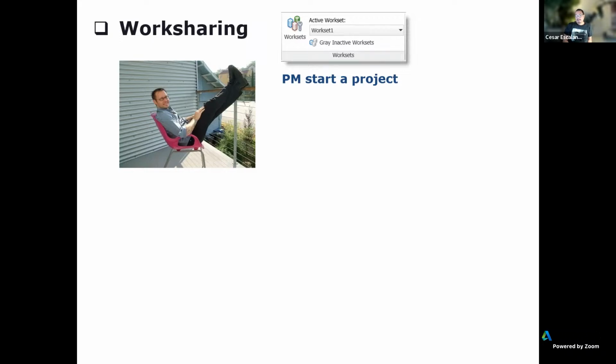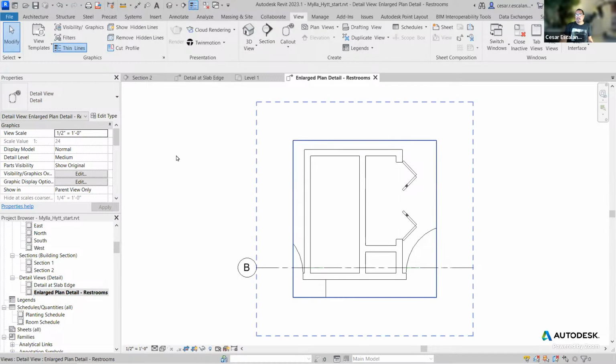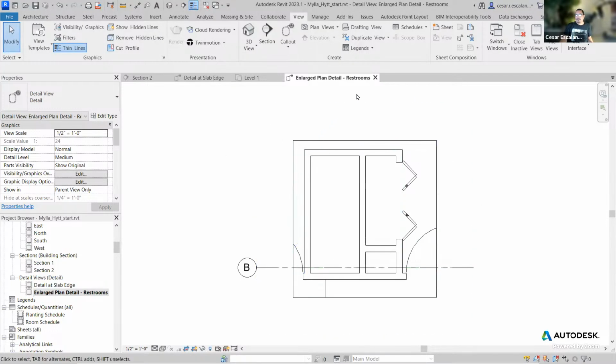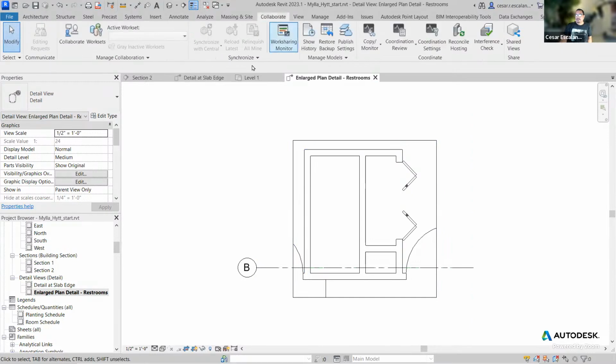Where are the main levels and what are the main grids? And what is the footprint of the building? And when you take that model to a certain level where it needs to be shared, then you enable work sharing. And if I jump into my file and go to the Collaborate tab, notice that